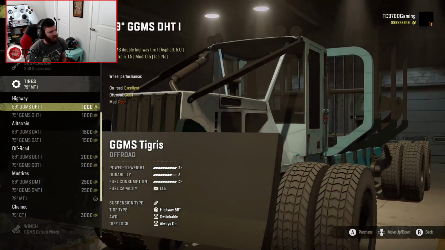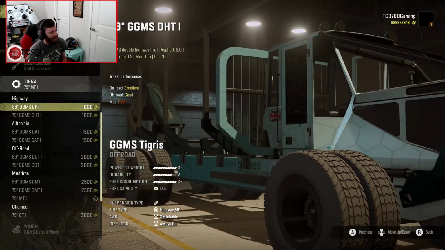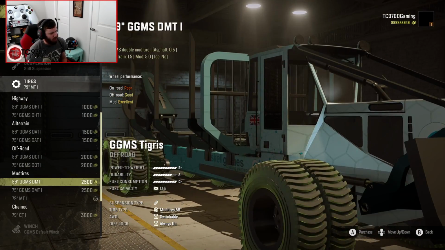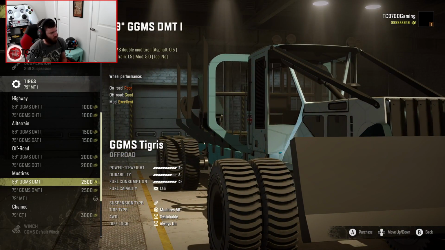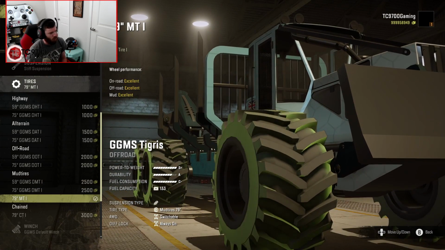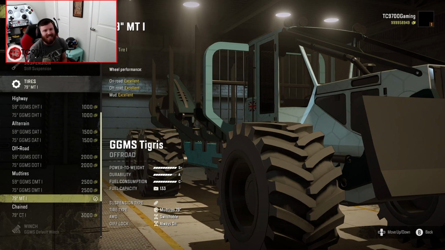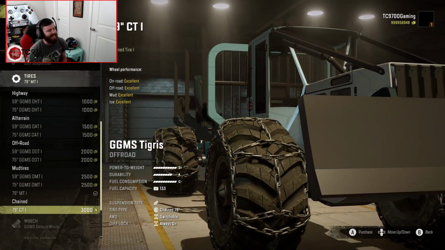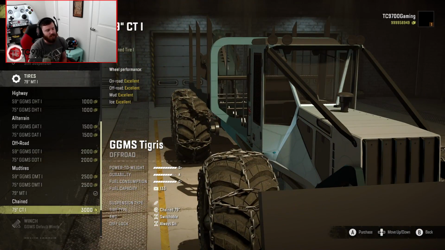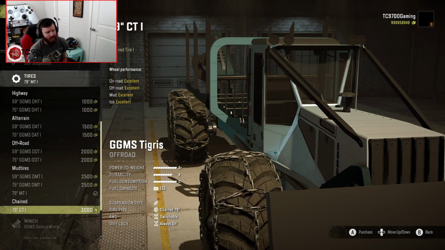Tires-wise, everything is either 59 or 75, but, well, actually, until you get into the mud tires category, which there's the, let's see, the GGMS DMT1 in both 59 and 75. There's also the 79-inch MT1, which is what it comes with right off the bat. You also have the 79-inch chained CT1, which these would actually be really, really helpful in some of the Yukon